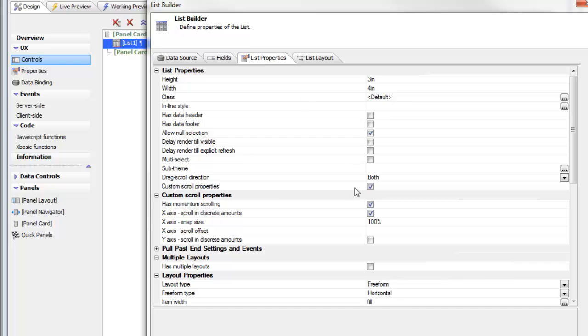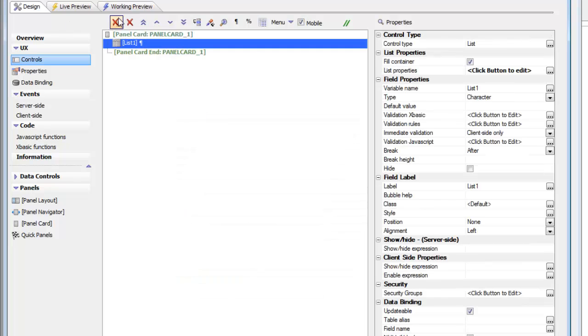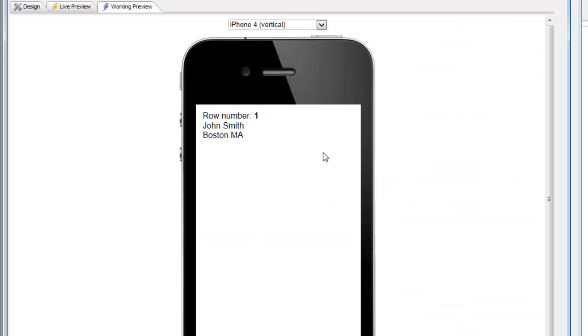So we'll go back to list properties here, and in our custom scroll properties we're going to go here and turn momentum scrolling off. So now when we go to the list and I drag quickly on the list, you can see that we only scroll by one item at a time. So turning off momentum scrolling in effect makes this list behave very much like a panel card in a panel navigator. So you can see that conceptually we have the list displaying one item at a time. In other words, it's behaving like a panel card, but we've got the carousel effect here that a panel navigator